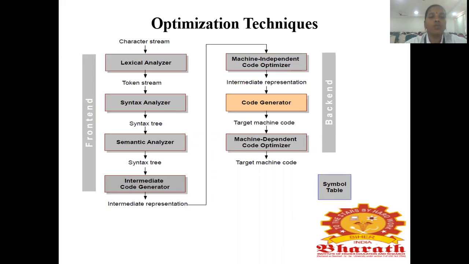The first one is the character stream. So what is the character stream? It is the input you give, every character or symbol, whatever it is. That is the character stream. The left side, all the streams, is the front end. The right side, the three parts, is the back end.